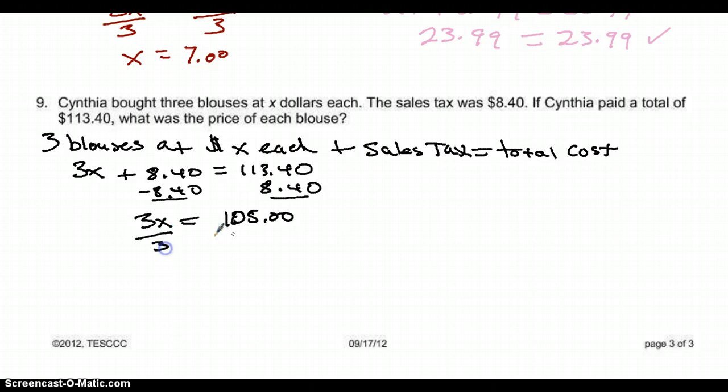I'm going to divide by 3, and X is going to equal $35. Okay, so all we have left to do now is check. And trust me, when I check, I have 113.40 is equal to